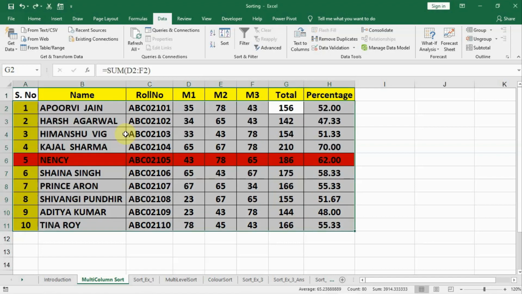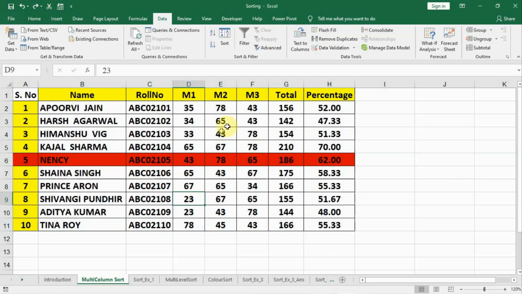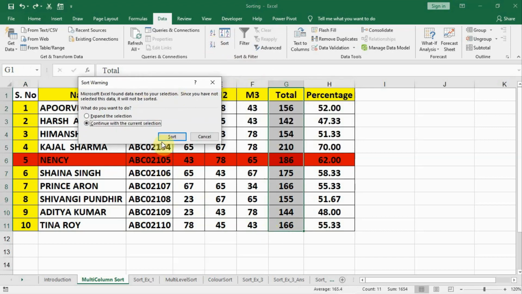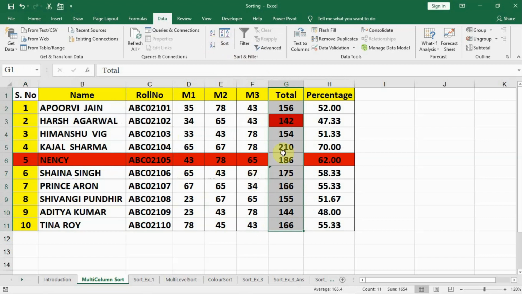Let us press Control Z, and now let us select the data of this total column again and sort Z to A. When the window comes up, we choose continue with the current selection. That means only on the total marks. And when we sort, only this column gets sorted and the rest of the columns remain fixed.